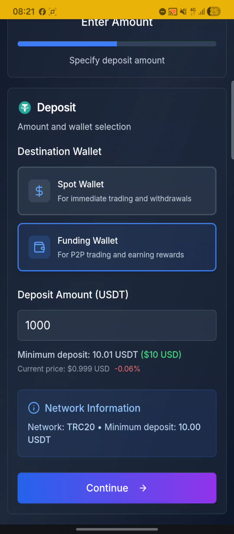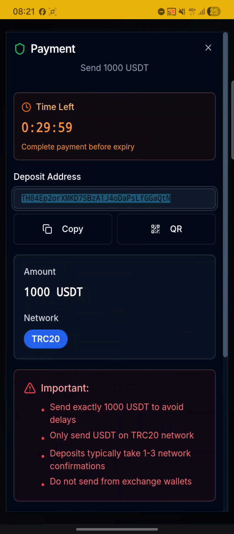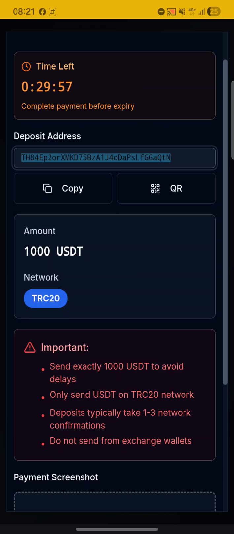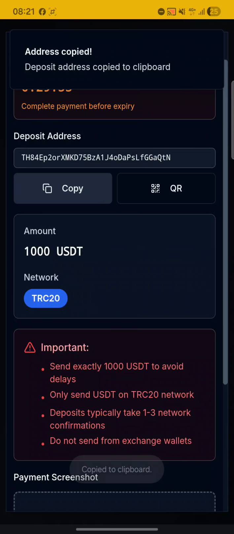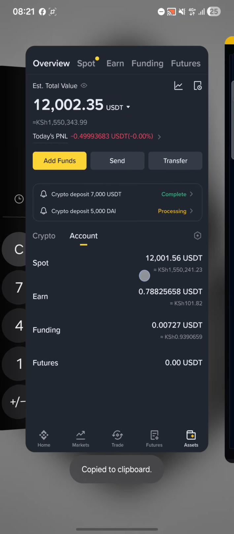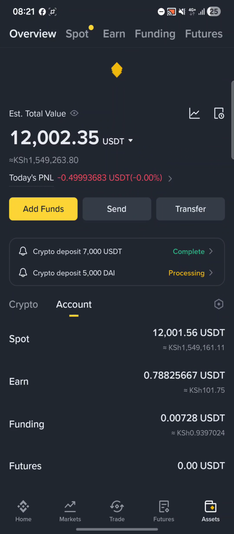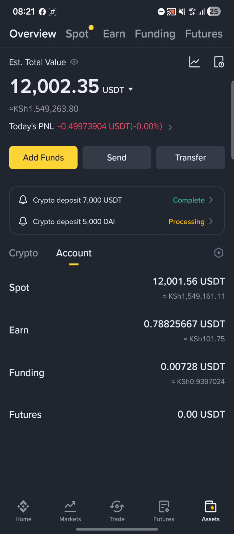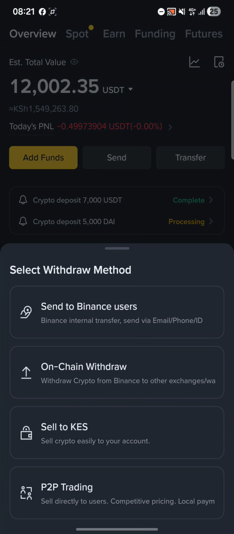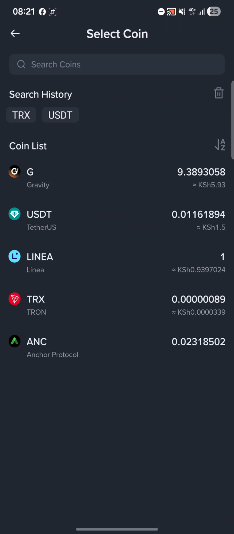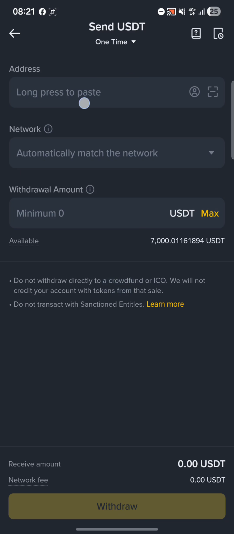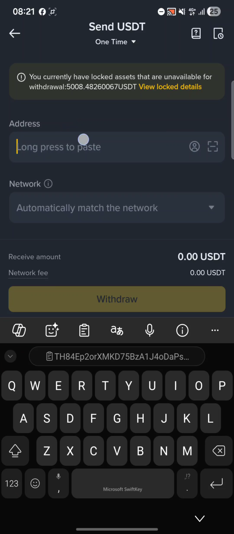Okay, and then you click on continue, and then guys, you'll be given an address. You just copy that address like that, you go back to your Binance. Okay, this is your Binance, and then on your Binance you click on send, on chain withdraw, and then you choose USDT, guys, and then you long press,